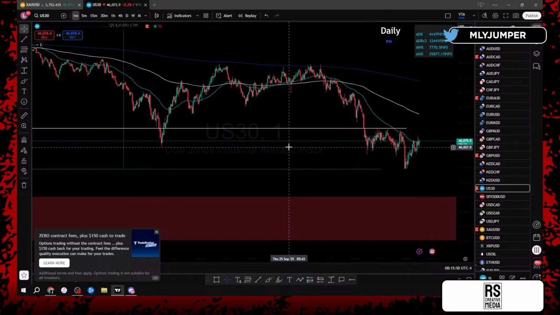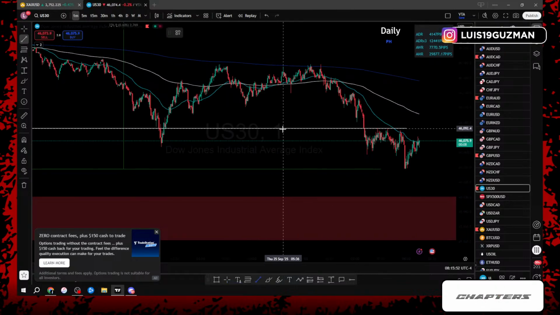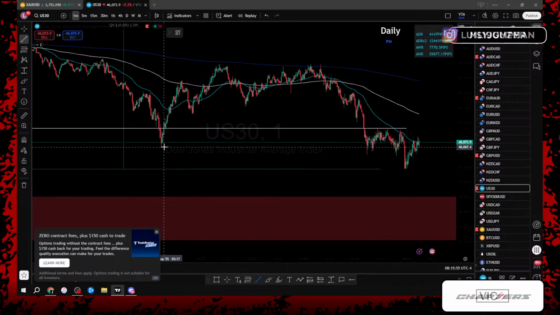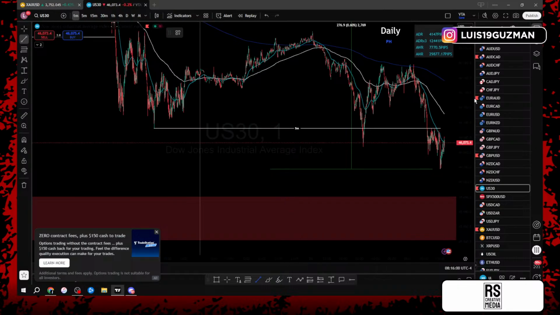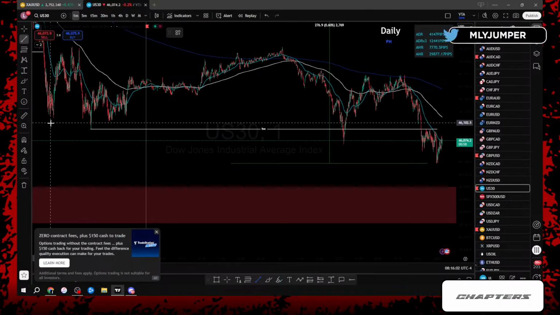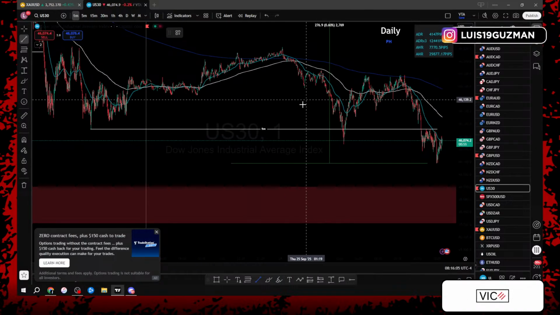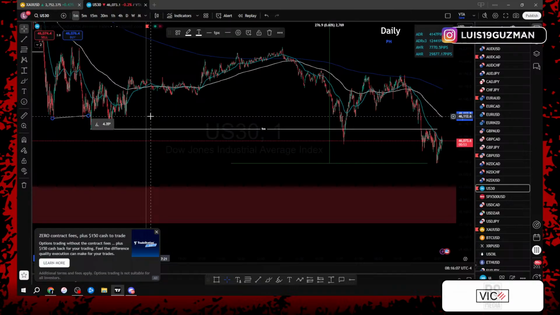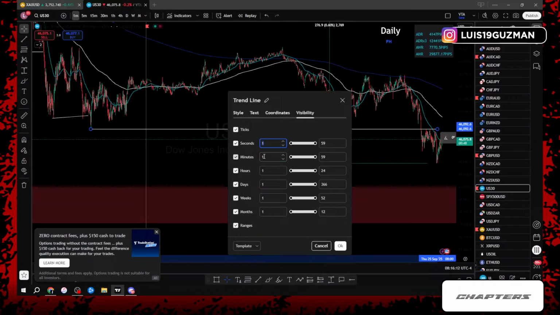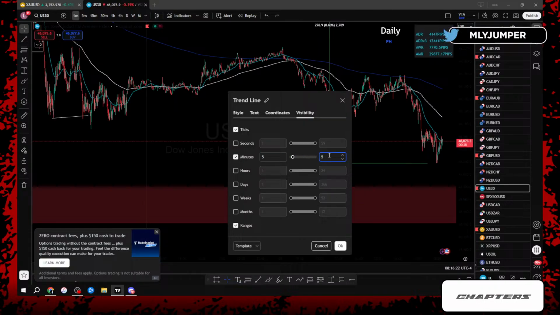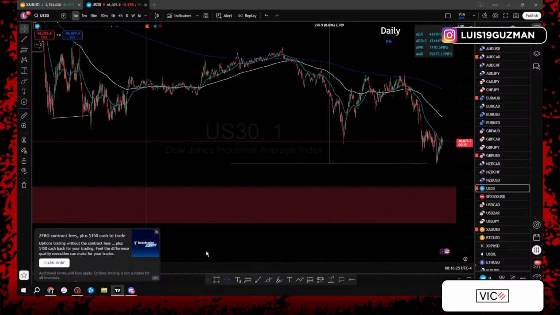Right, so when I'm looking at structure, let's just speak about market structure first. On the 1 minute time frame, let's start from up here. So you guys saw the 5-minute, you see the 5-minute structure. Now the 1 minute, and let's go ahead and turn off the visibility, turn off the days, everything else, and I just want to see this on the 5-minute time frame. Now on the 1 minute,